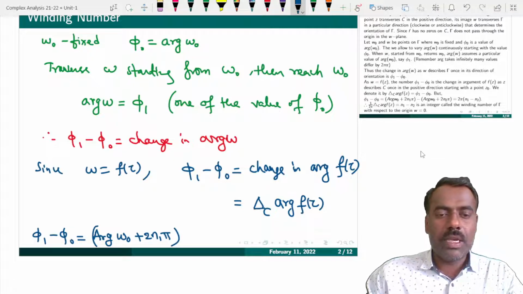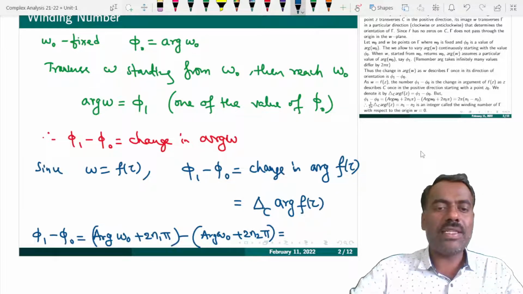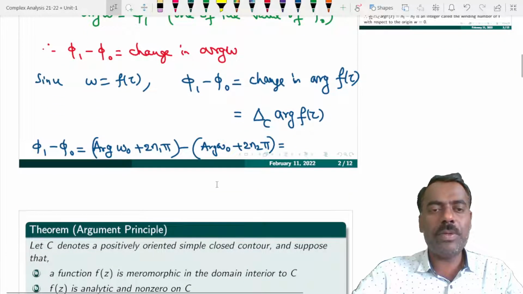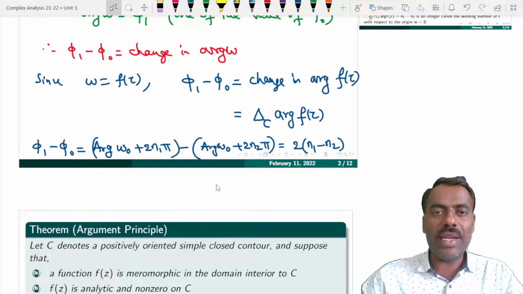Then minus phi naught, which is the argument of the same W naught, the principal argument, plus some 2 n2 pi. The principal arguments get cancelled. This is simply 2 times n1 minus n2 into pi, or 2 pi times